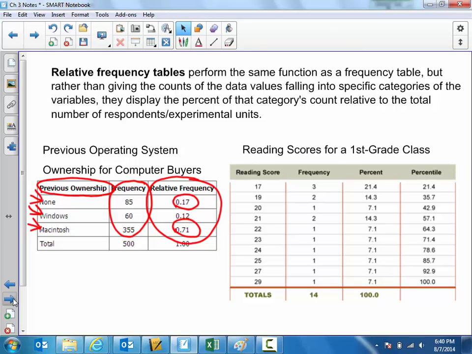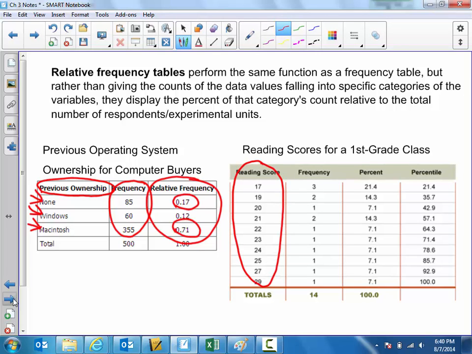You've got another relative frequency table to the right of that for reading scores for a first grade class. Here, the variable in the first column, note again, I guess I'm kind of going back and forth here, the reading score, that's quantitative. We can't know for sure that it is used to measure the quantity of something, but it probably intuitively should mean number of points scored on